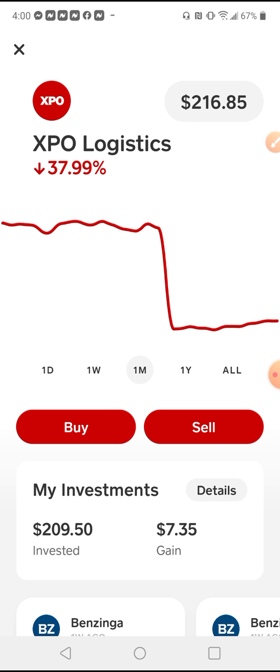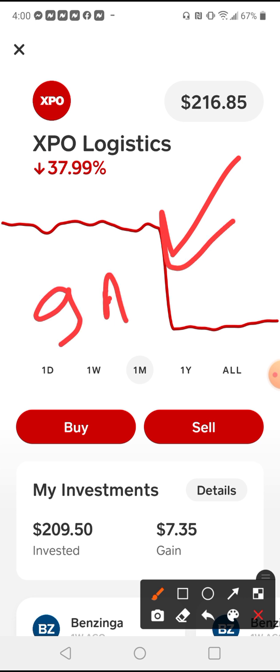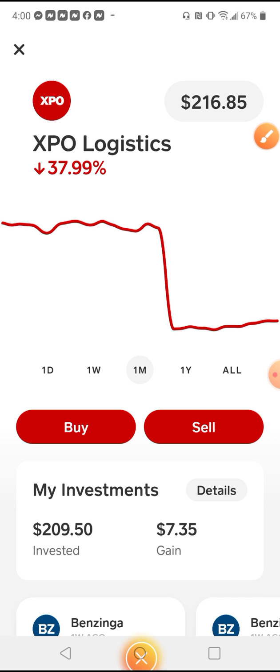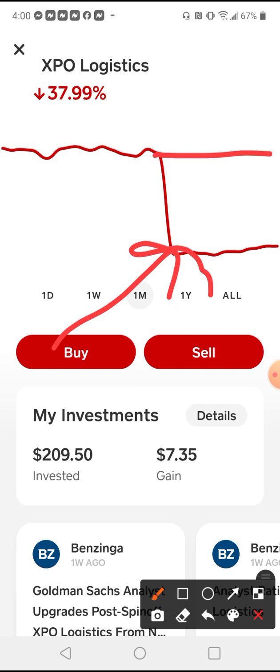That terminology for this pattern you see right here, it's called a gap down. And when you see a gap down on a good company, think free money, and now you want to get your perfect entry. I like to call this a perfect entry. It could go down some more, but trust and believe me, you got some free money right here. You got all of this room for it to recover and pass.